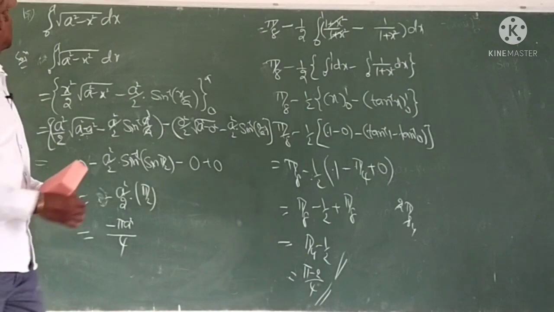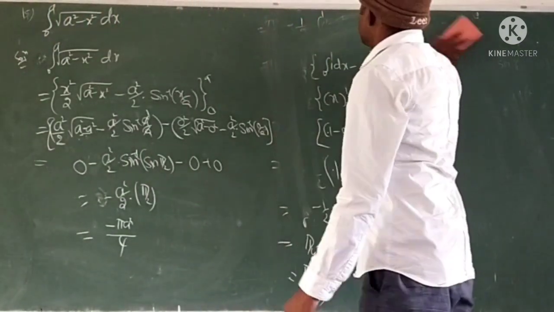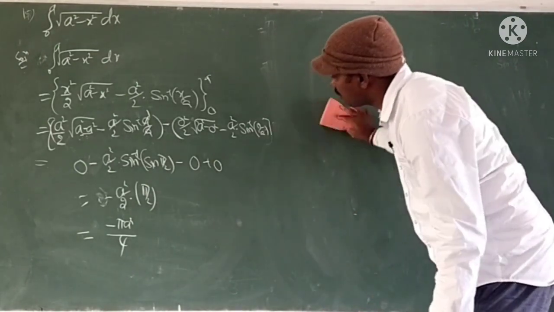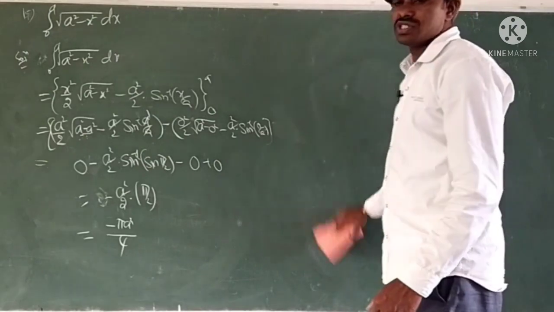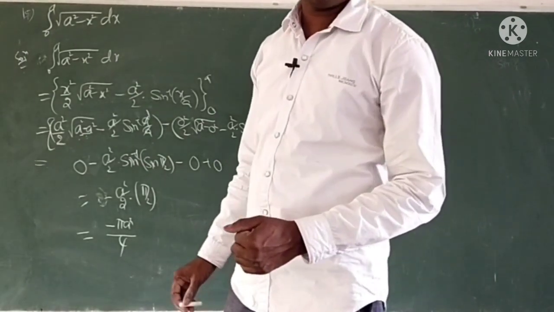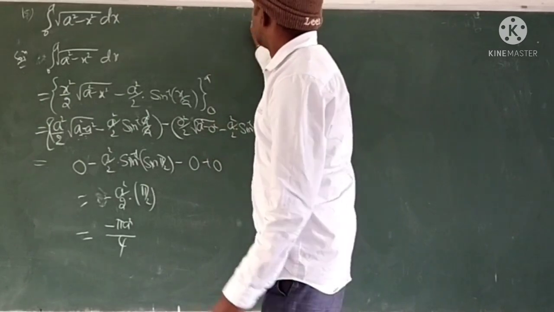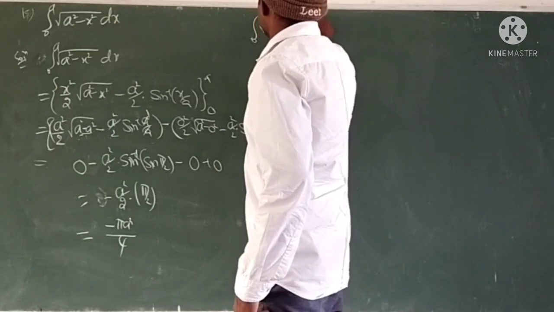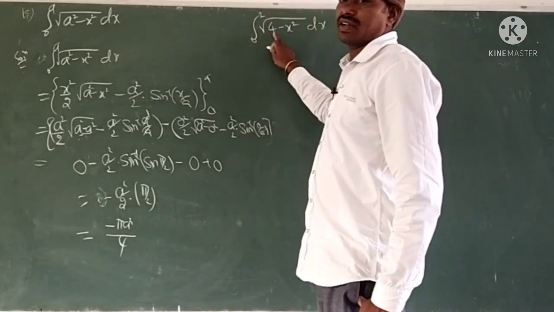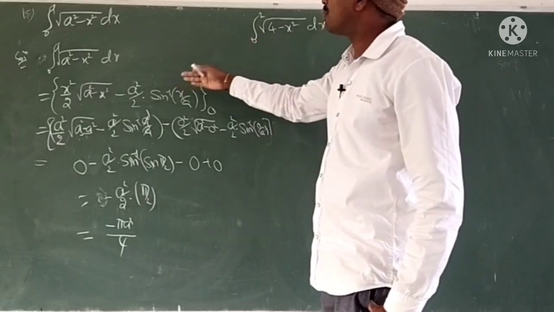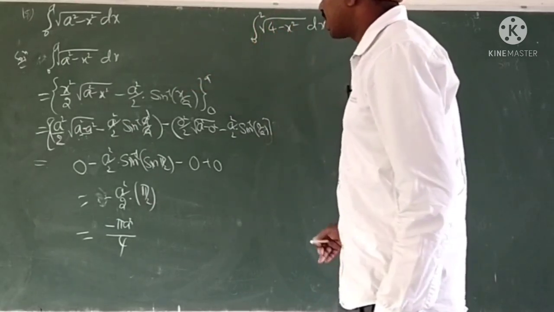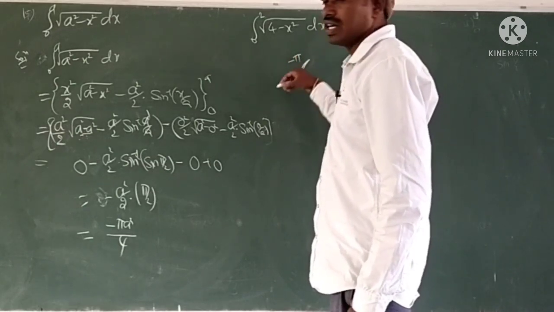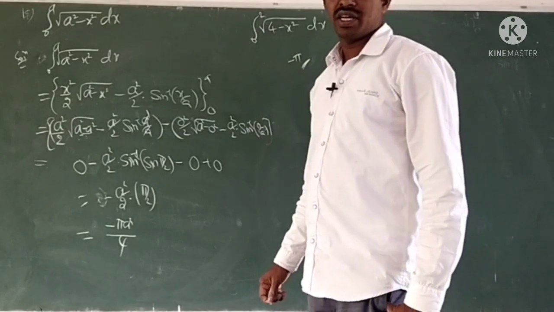Okay friends. Next, the 16th question. Same type of question, with small changes in the question. The same formula we should use. The 16th question is the interval 0 to 2 of root of 4 minus x square dx. Same: 4 means a square, 2 square, so a square minus x square. Same formula, substitute values, and we get the answer. So the answer is minus 5 into a square, meaning 4 by 4, so minus 5 is the answer. Yes, exactly.